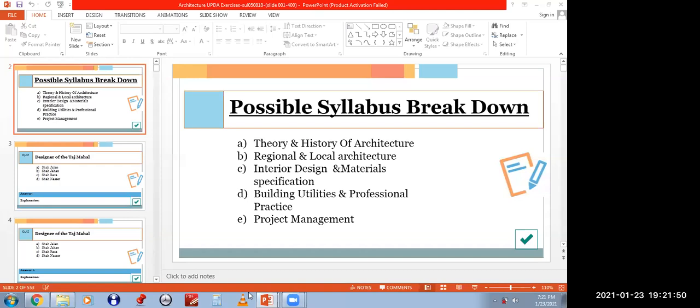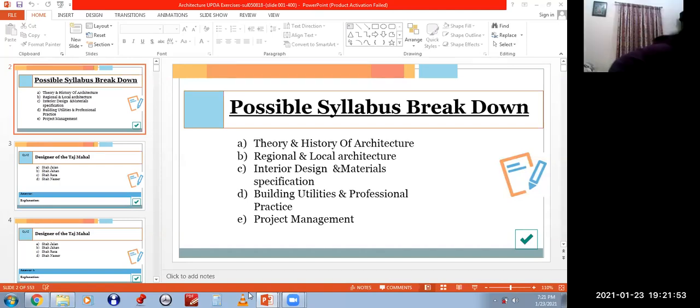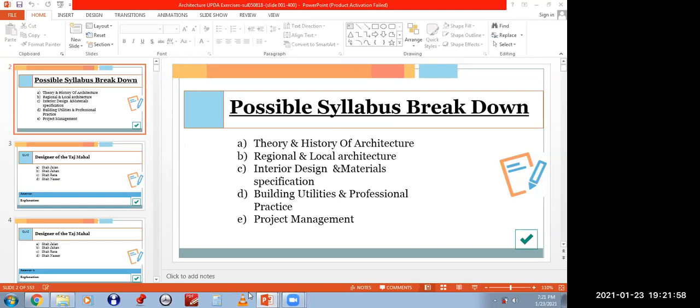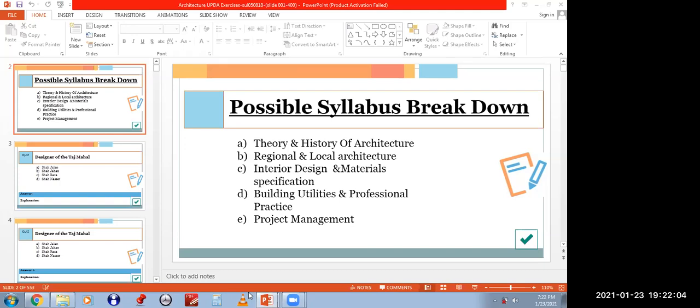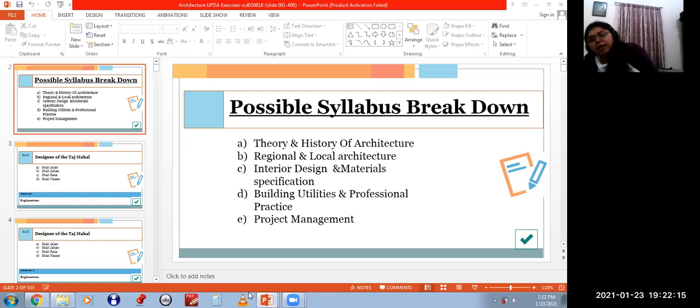Anybody? After awarding the work, during the execution, if there are changes happening, the client has to give the change order so that it can be executed, which is not part of the original contract. So basically it's after the contract has been signed, and the client decides to make a change, and the contractor has to incorporate this change.